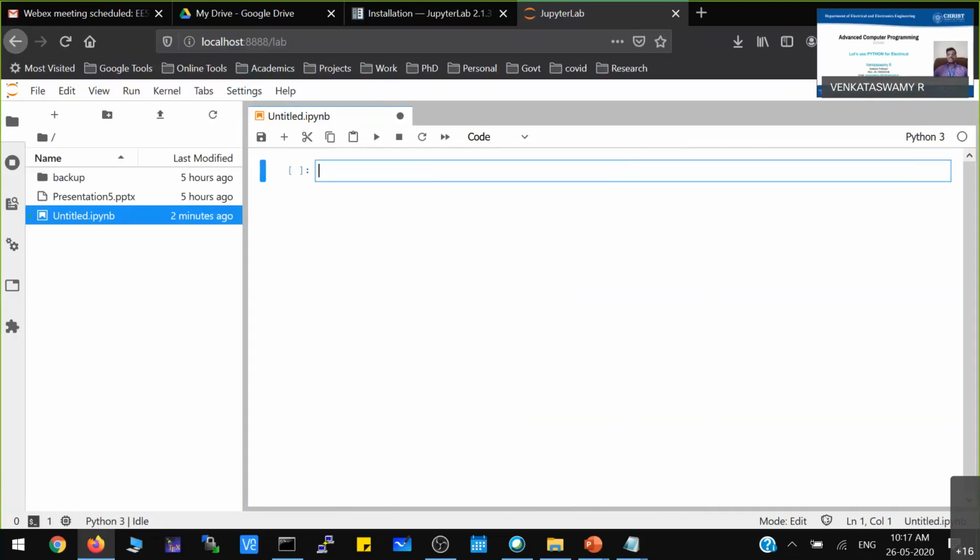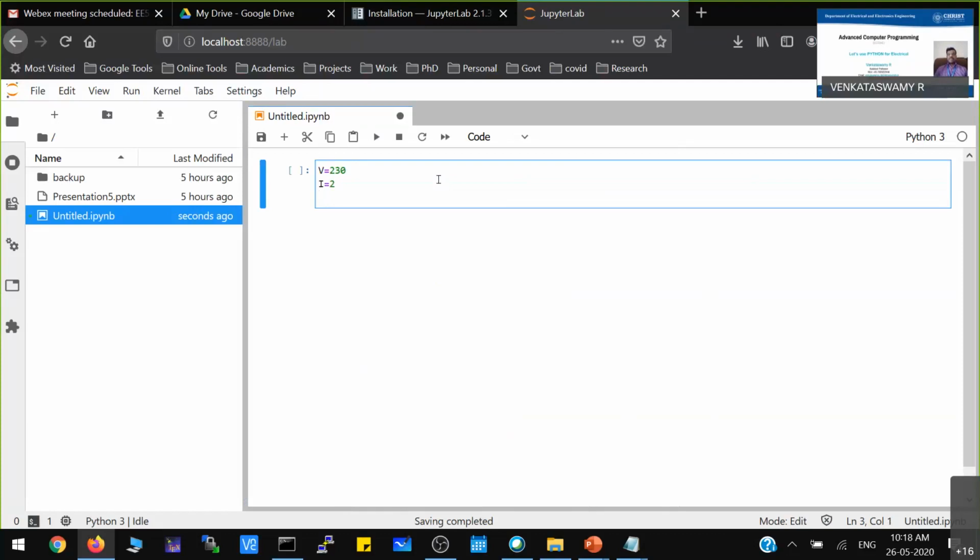So let us write that program. I'm just starting my program. Voltage is equal to 230 volts. Current is equal to 2 amps. Using sensors, I got the voltage value and current value from the sensor.